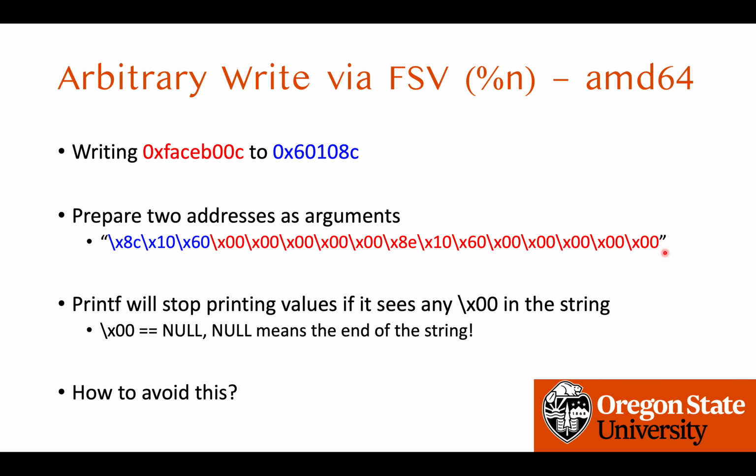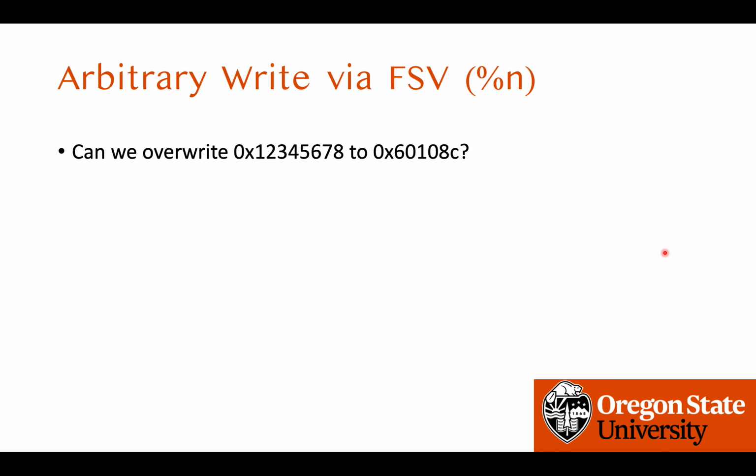Then how can you avoid that? So let me explain that with you. Let me show you an example of how you can avoid that by showing an example of overwriting 0x12345678 to this address in 64-bit. So to write 5678, we need to prepare something like this. And right now we do not print anything at the start, so we just prepare the